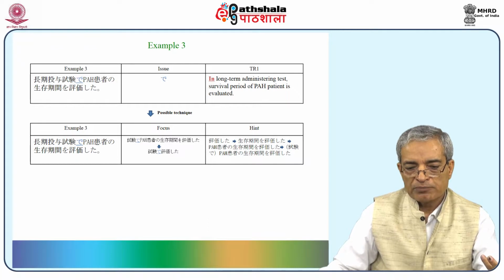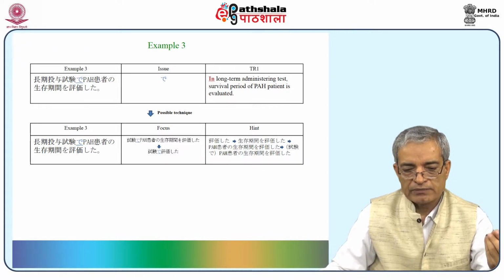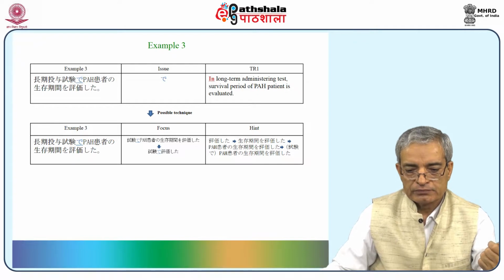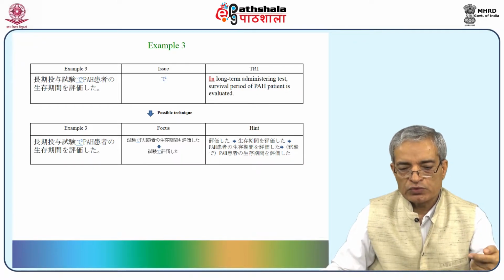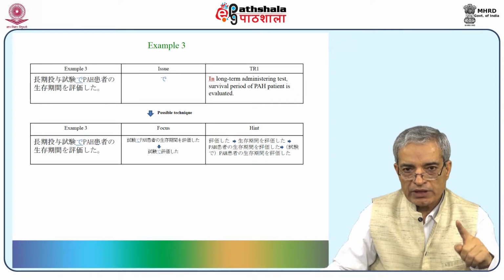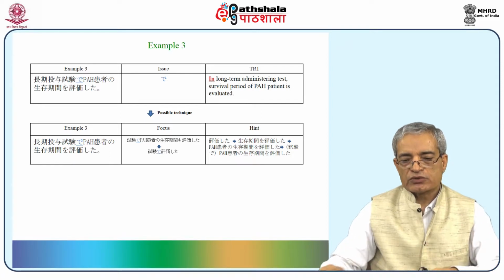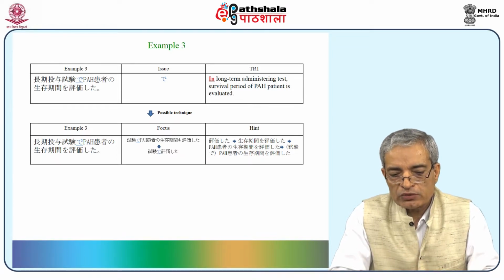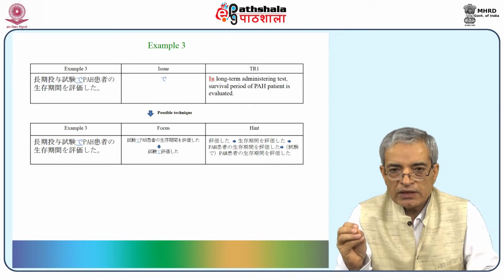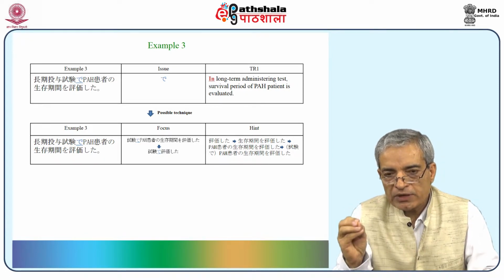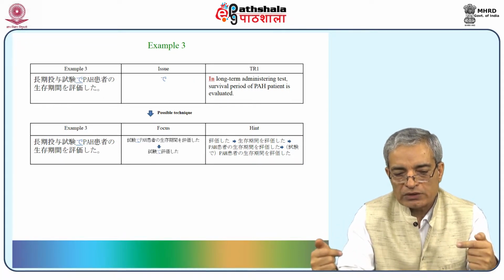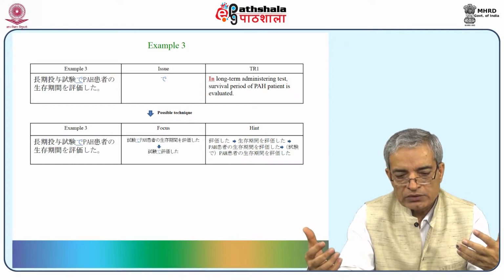Let's see what could be the possible technique if we see the hint and the focus. Let's see the hint first. Hyokashita. Seizon kikan o hyokashita. PH kanja no seizon kikan o hyokashita. Shiken de PH kanja no seizon kikan o hyokashita. Which means shiken de hyokashita. So that means the "de" particle is playing a major role in the last, that is shiken de hyokashita. So if you can understand shiken de hyokashita, so it could mean,